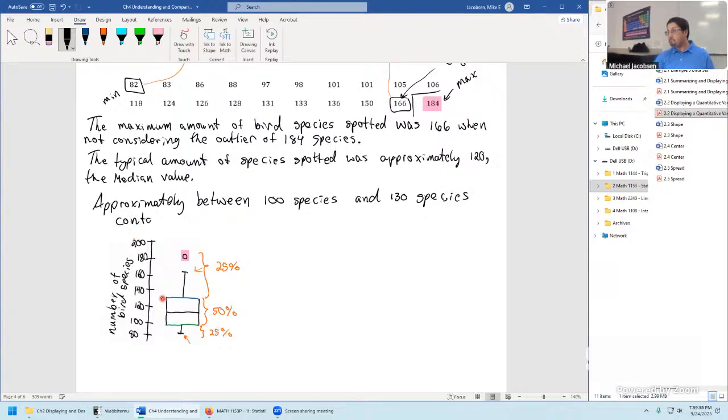Contains, sure, we could say 50% of the data set, and that'd be true. But more importantly, that's the central 50% of the entire data set. That's the middle group. And that gives us a sense of just how spread out things are, variability. So whereas the median is referring to the central value, mentioning the lower quartile and the upper quartile, you're essentially telling me what the interquartile range is. We're talking about variability now. So let's say contains the central 50% of observations.